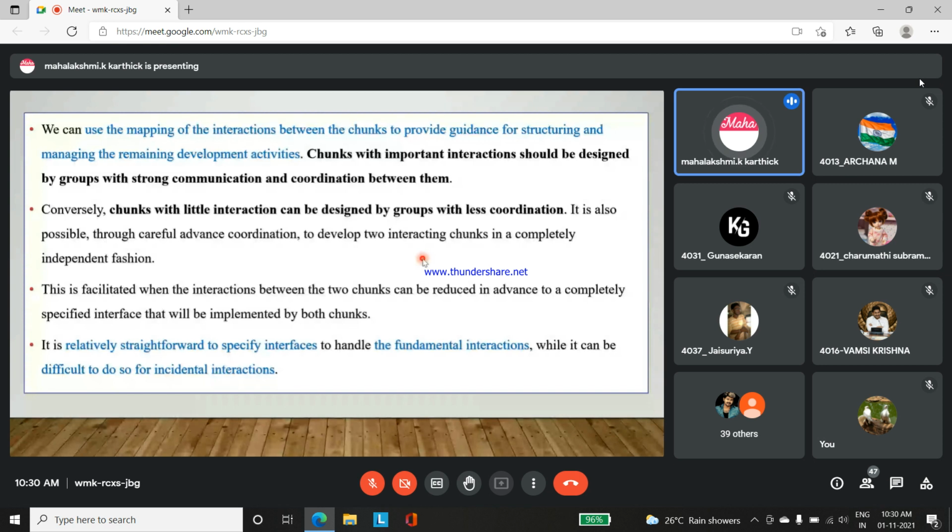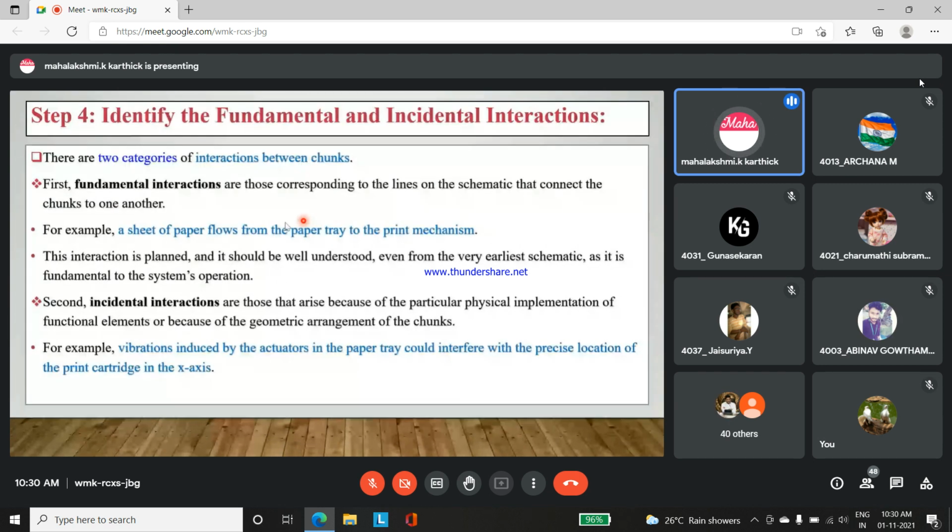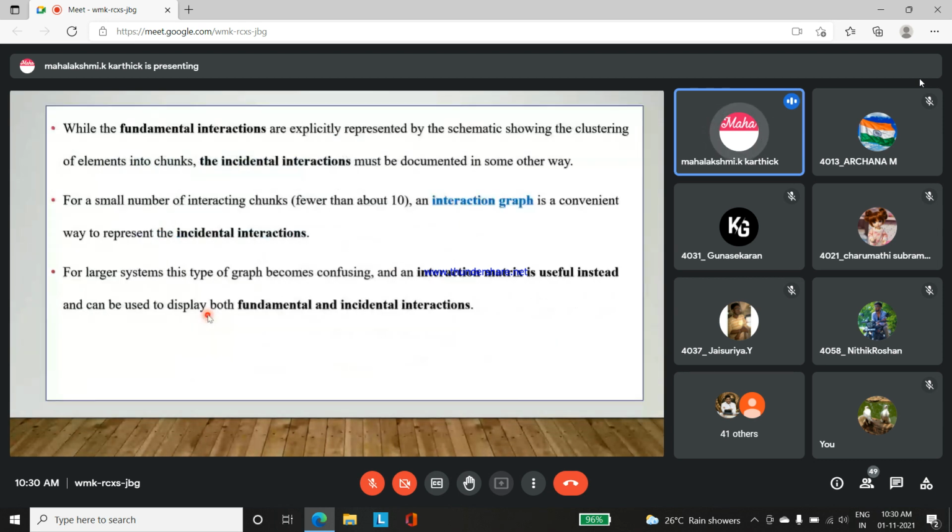These points will go over your head. What they generally say is, as there are two categories involved for any product, you have to identify both fundamental interactions and incidental interactions. What they tell in these points is,